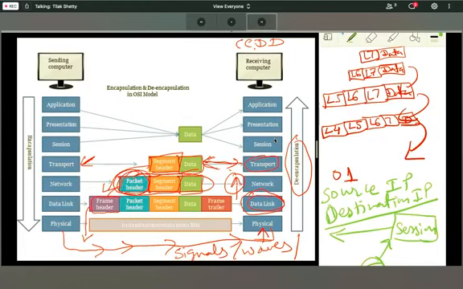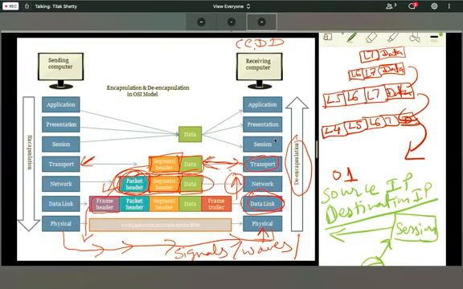Just imagine the transport layer found that the data needs a session, a reliable connection or an unreliable one. The transport layer tells the session layer, and the session layer will create a reliable or unreliable connection. If it is reliable, then it will make a three-way handshake. Got my point?